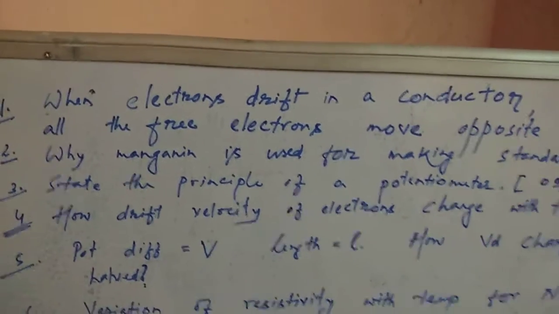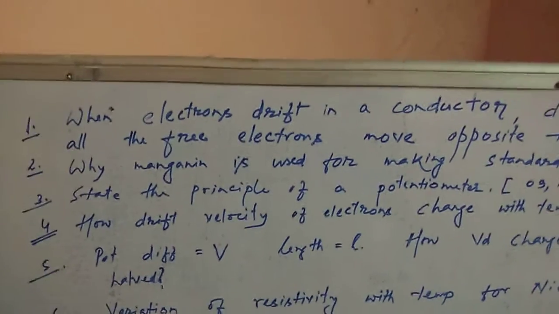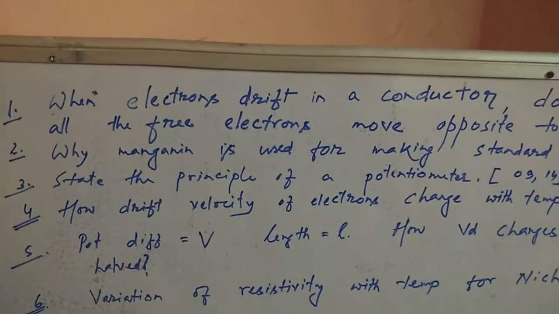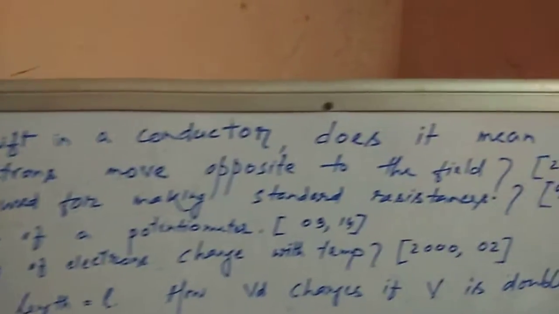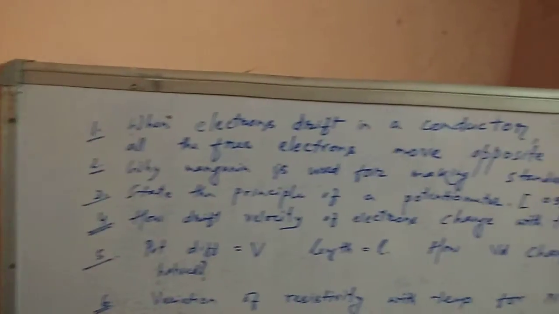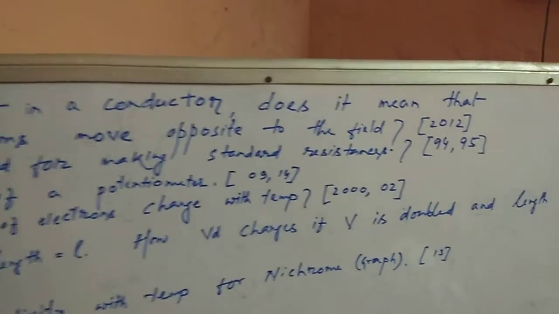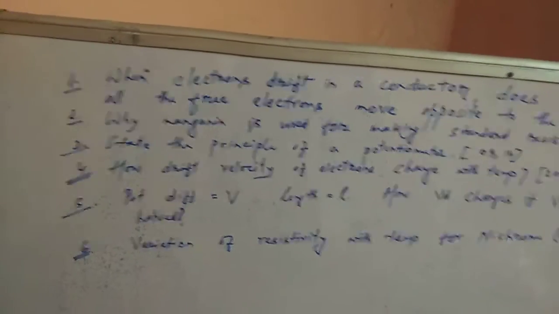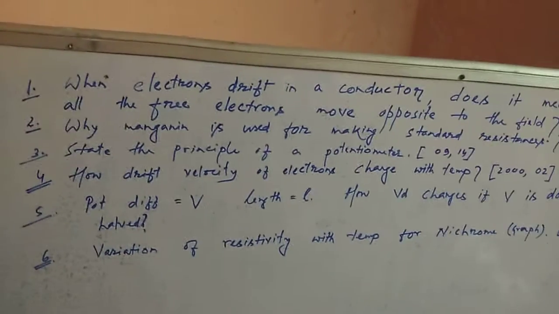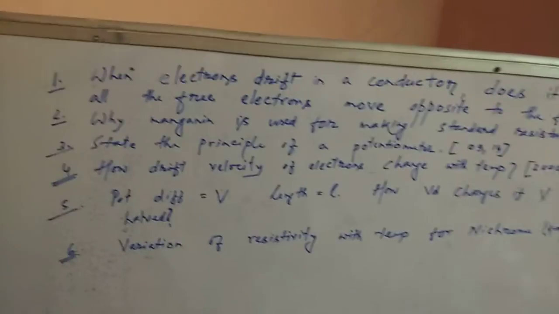Let's deal with some questions which were already asked in your CBSE board. Chapter 3. When electrons drift in a conductor, does it mean that all the free electrons move opposite to the field? 2012. Now you need to know that if an electron is released in an electric field,